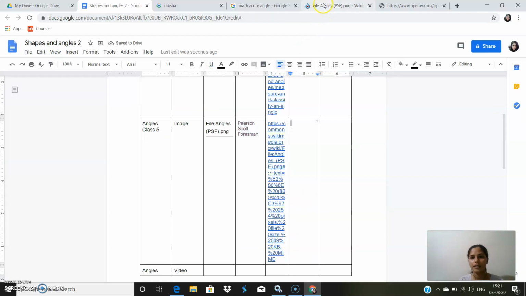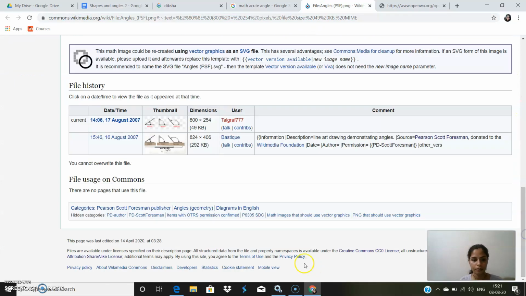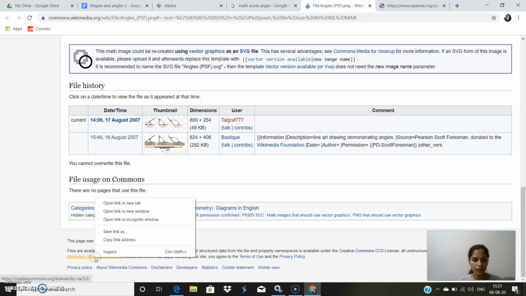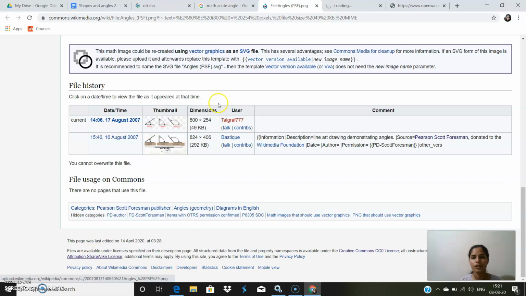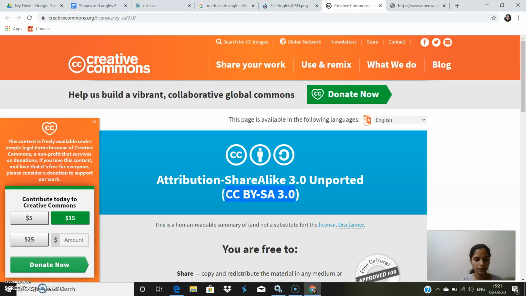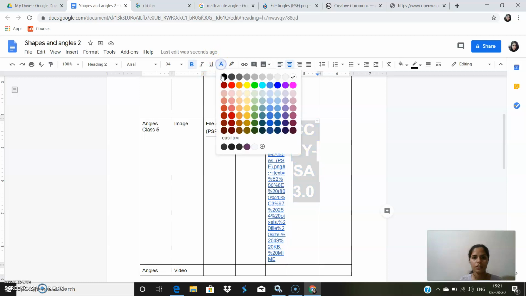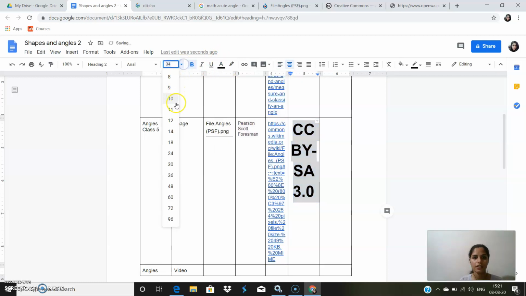Now license. License will be given at the very bottom. Right click on it, open in a new tab to look for the license. This is again CC BY SA 3.0. Copy this license. Adjust the color and size.